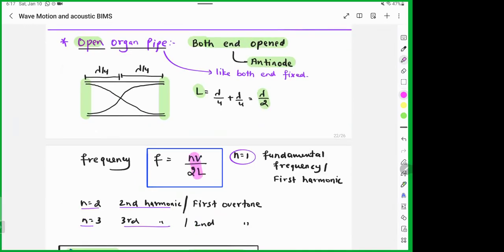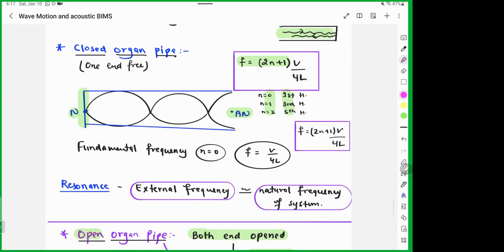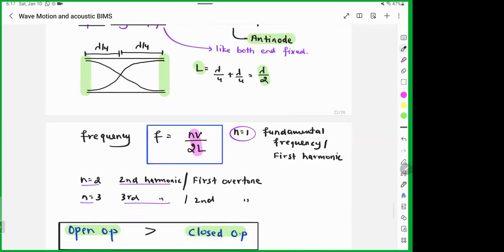We said fundamental, that's why nV by 2L. In case of closed pipe, what will be the minimum value? V by 4L. Okay. So fundamental will be V by 4L. Here V by 2L because n value is 1 here. Then